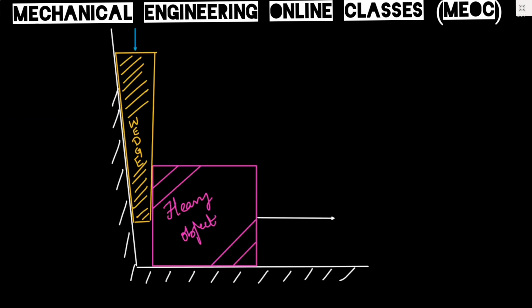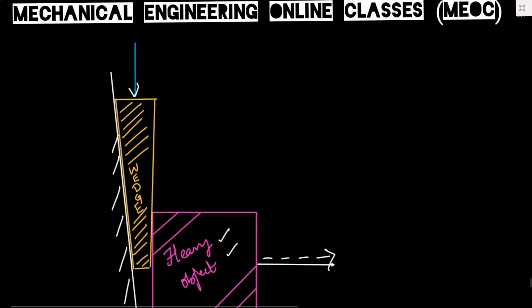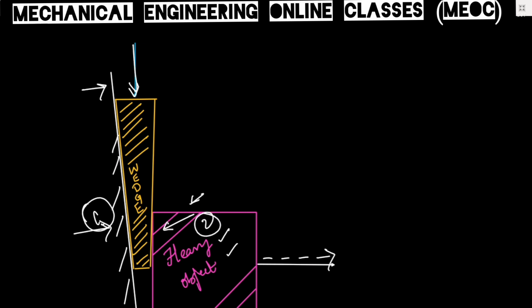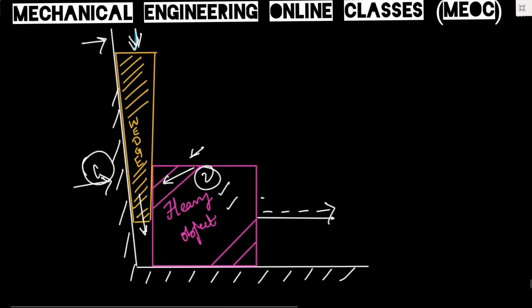Suppose this pink one is a heavy object, and I want this heavy object to move rightward. For this we will insert a wedge between this one object and the heavy object. This particular wedge, which is shown here, will be pushed between the two heavy objects. This is one object, this is another object, the first one and the second one. Between these two, a wedge will be inserted with a force P, and as the wedge is pushed downward, this heavy object will move rightward.